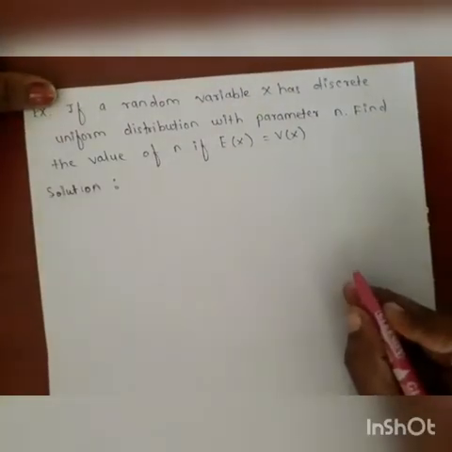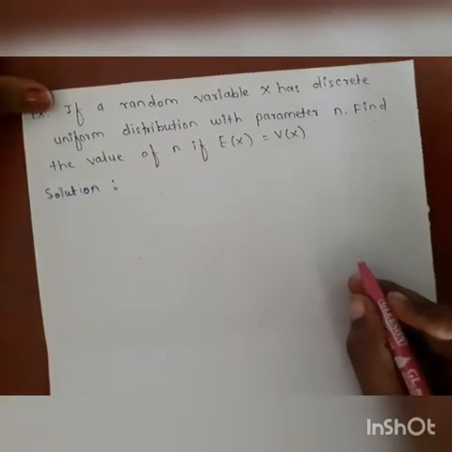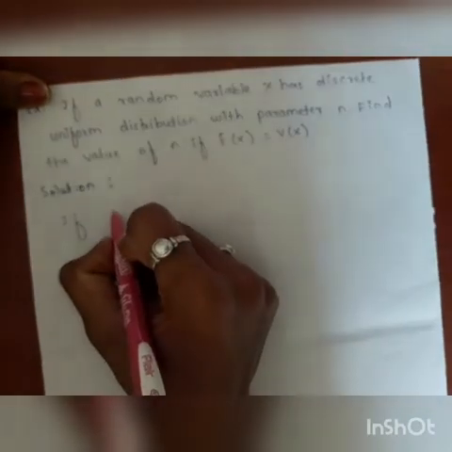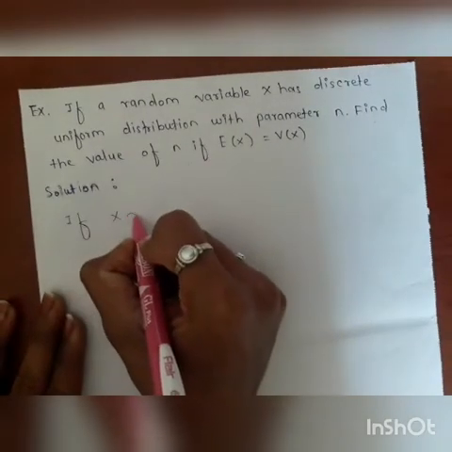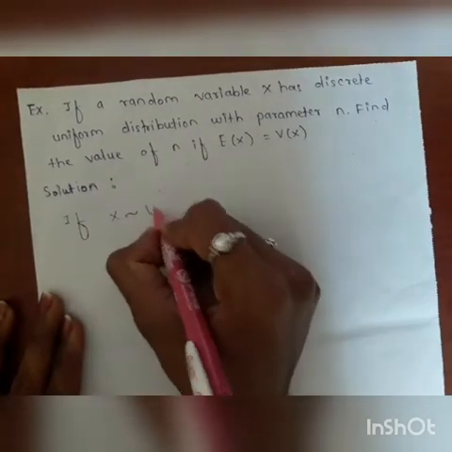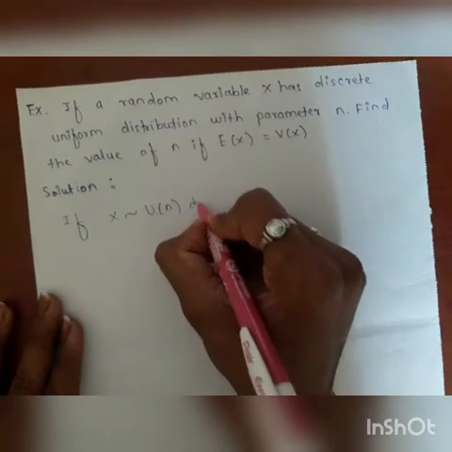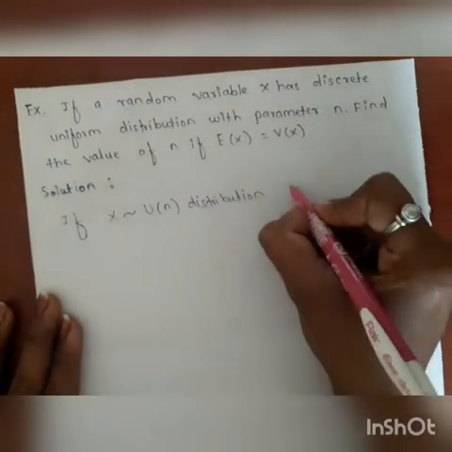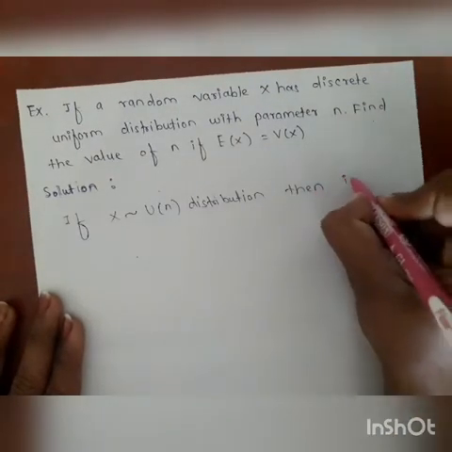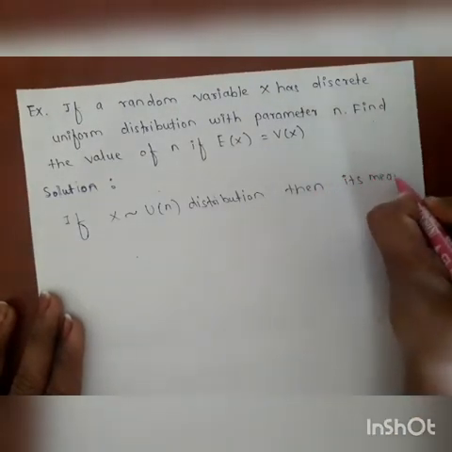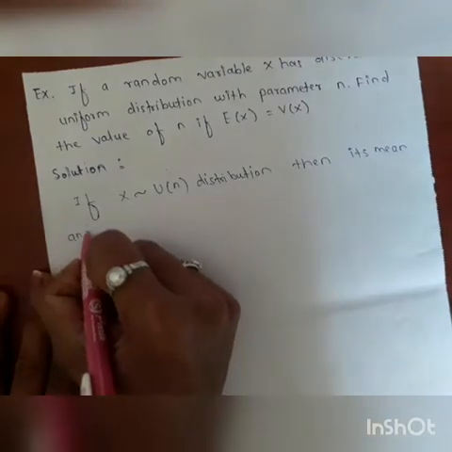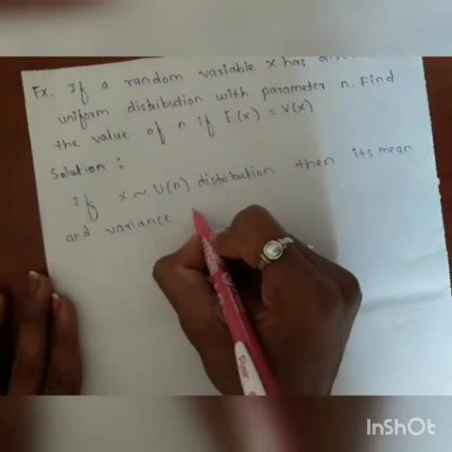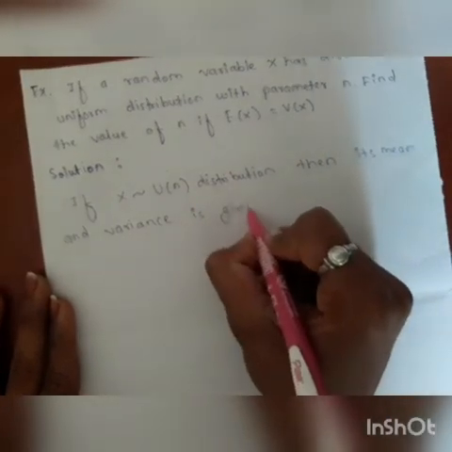We have to calculate the value of n. If X is related to U of n distribution, then its mean and variance are given by,